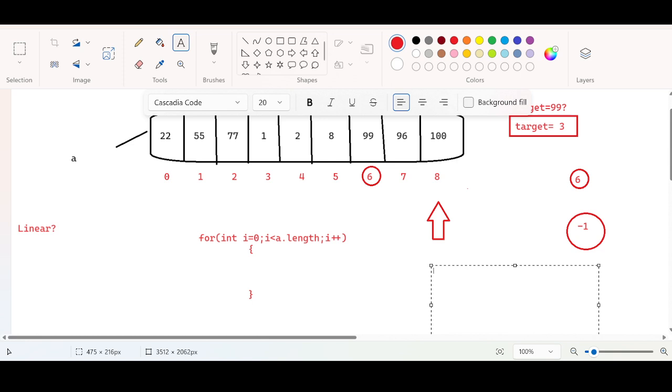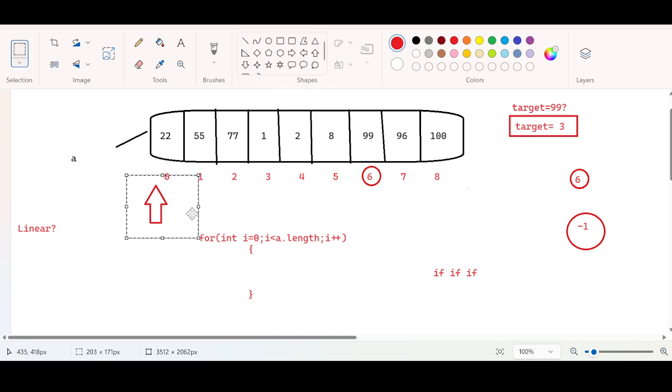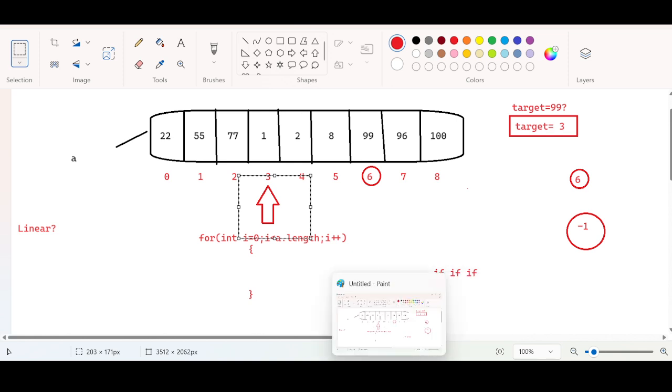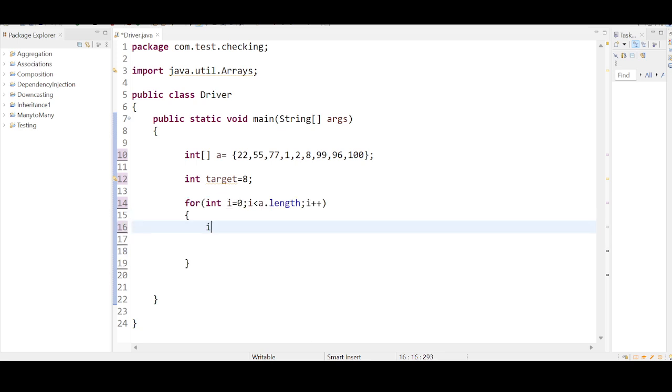If the given target is present or not, for that I am going to use the if condition. Are you getting this? When the for loop is running, along with the for loop you should specify an if condition. Is the target present in the 0th index, in the first index, or not? The if is coming into the picture, so use the if condition. Are you getting this? Go back to the program and do if